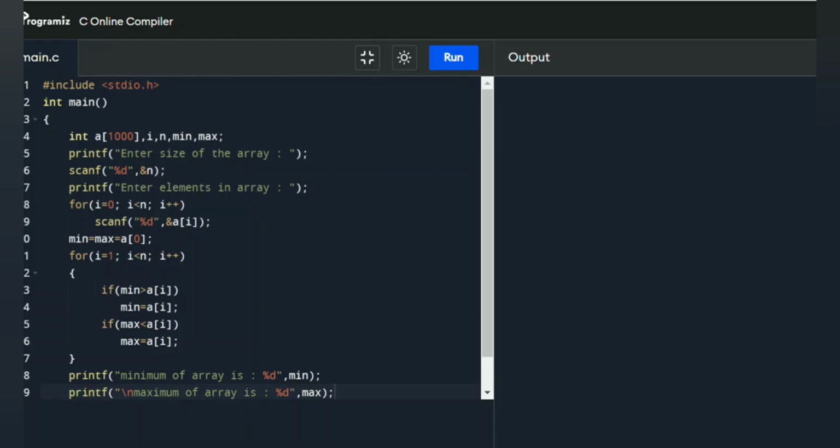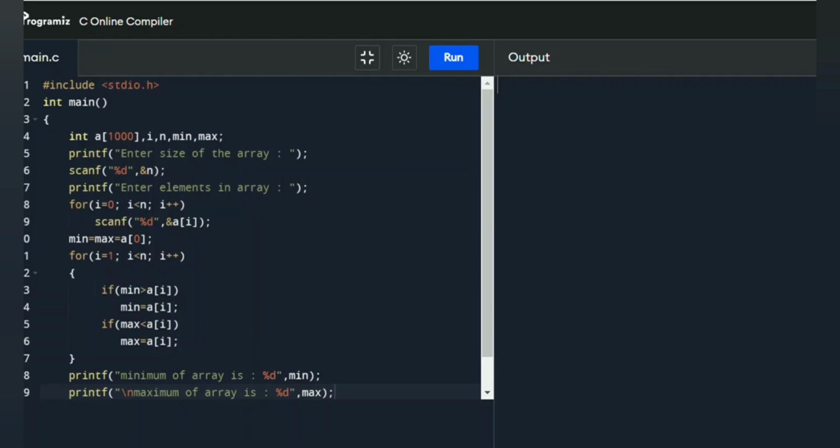After that, printf will display a message that please enter elements in the array. After that, with the help of a for loop and the scanf function, we take input of the array elements. After that, as per our algorithm, we initialize the max and min with A of 0 and start the iteration from 1 to less than n.